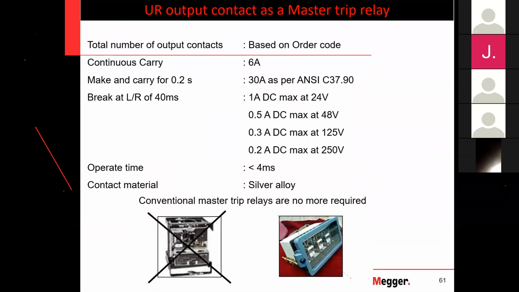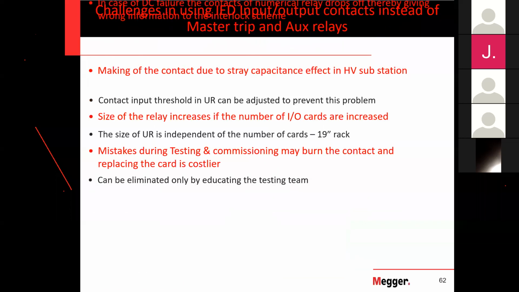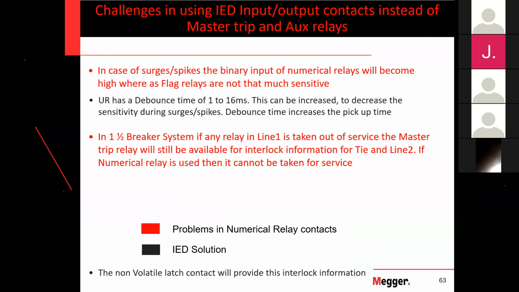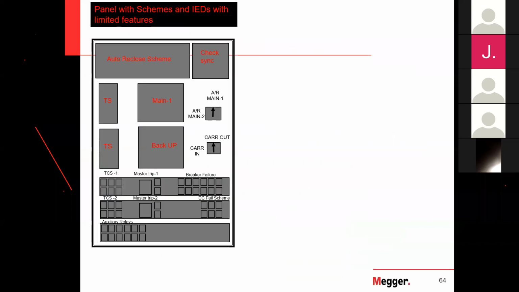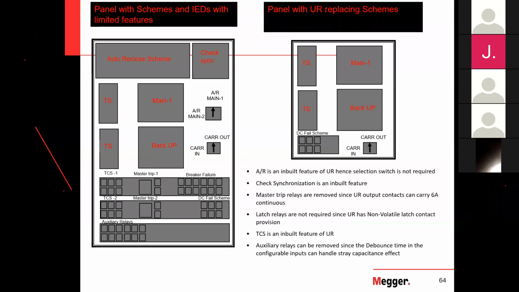Okay, when we are talking with the industrial team, these are commonly asked questions I have addressed here. I am skipping this. So when we start using the inbuilt features of numerical relays, this is how the panel would be. It's very compact. Here again another question will come out: what is the use of reducing the size of this panel? You can start visualizing it in this way.